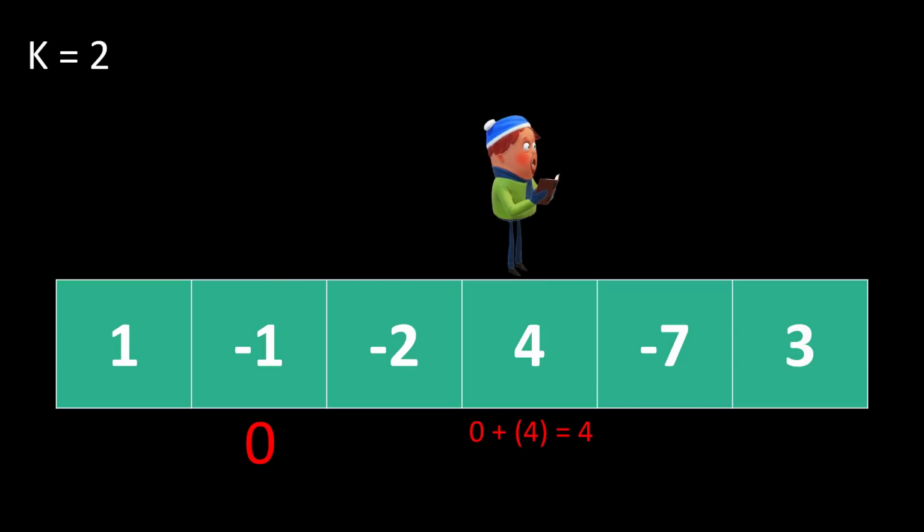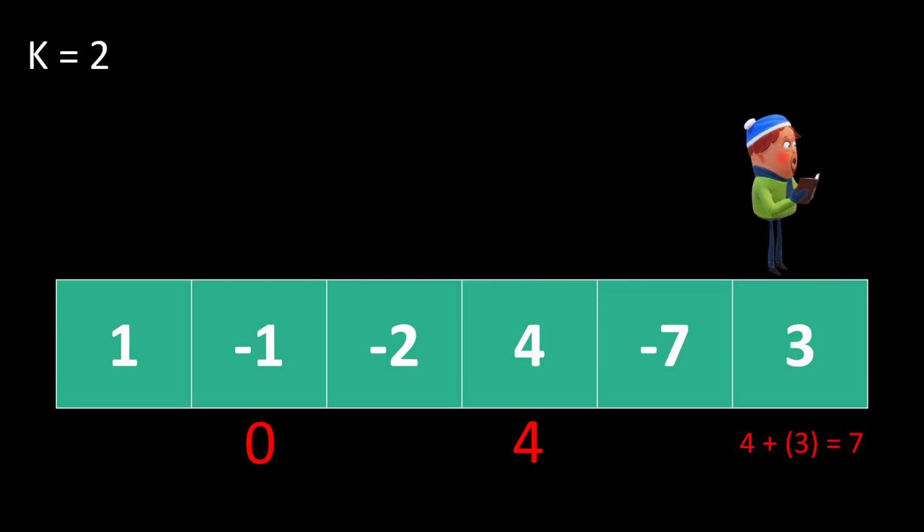Now, the value 4 represents the maximum sum that we can get if we have started from index 0 and can only jump at most 2 steps at a time. So now we are on this index 3 and we jump 2 steps to get the answer as 7 when we reach the last index. And this value 7 becomes the answer, as we can get 7 as the maximum sum if we jump at most 2 steps at a time starting from index 0.